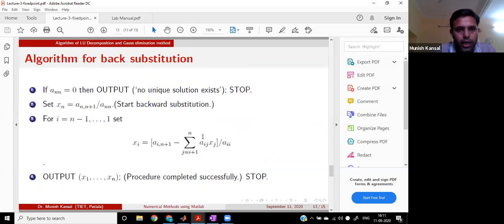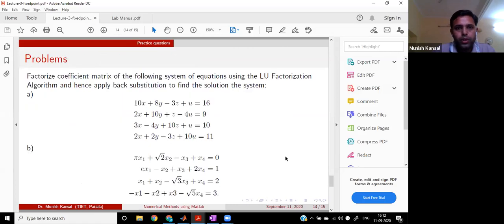Now this is the formula that I have shown you in the notepad, right? So how this formula is written for the back substitution, we are starting with n-1 and stopping at 1 with the decrement of -1, right? So this is how you find out the variables. Then at the end you have the output, right? Then we have these two problems. Additionally, I have shown you another problem where the method does not work. So we have shown that pivoting problem also, right?